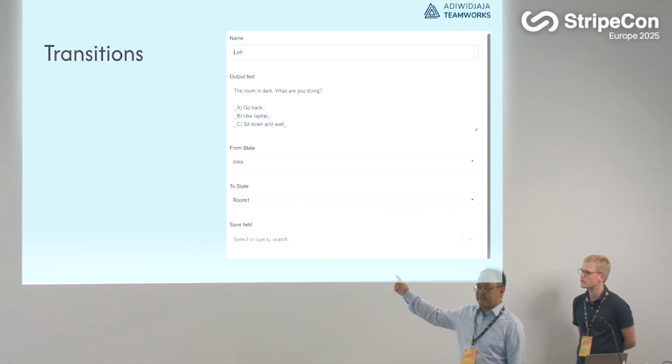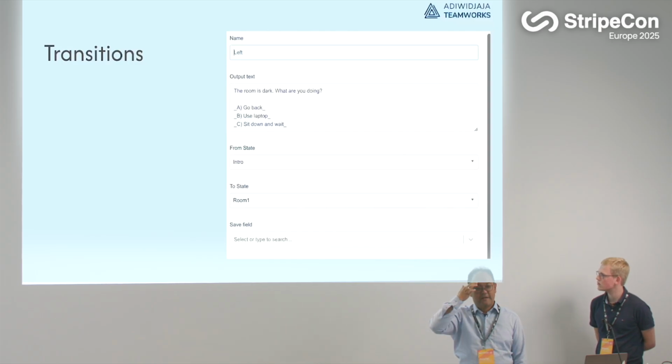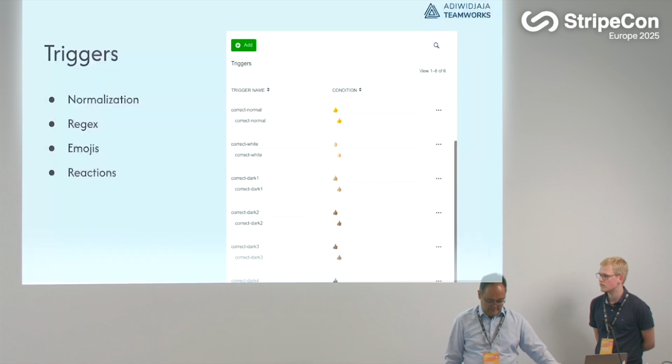We have additional functionality, a save field. We can define save fields which allow us to save things like the zip code. If you enter the zip code, then it's saved with the participant. And the transitions have triggers.